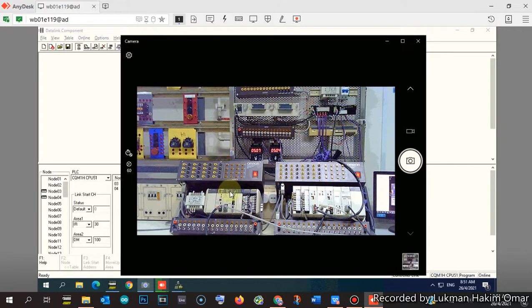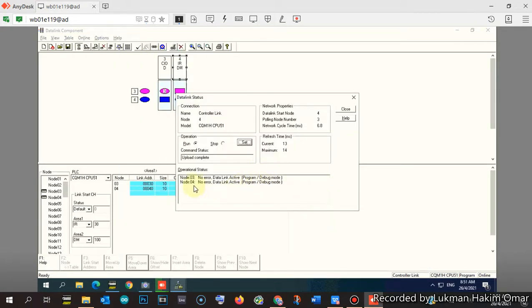But now it's not very visible. If you don't have any problem and no error, it means you have established what we call a data link. Now you have made your control link online and ready to exchange data.